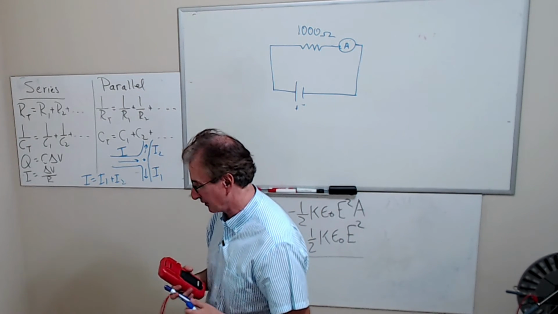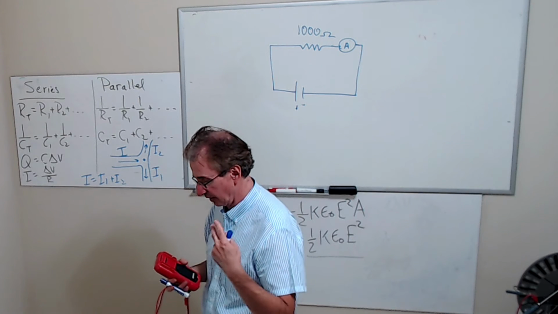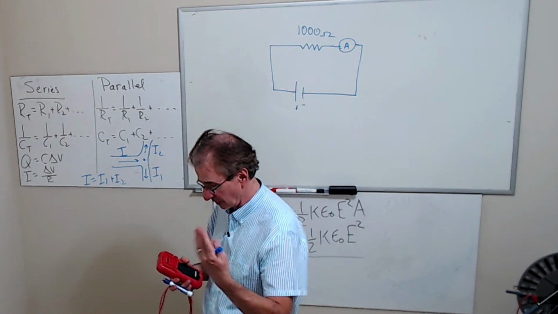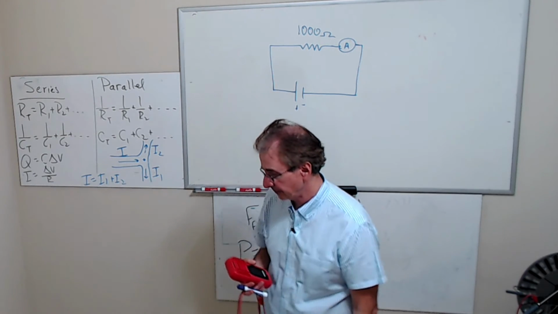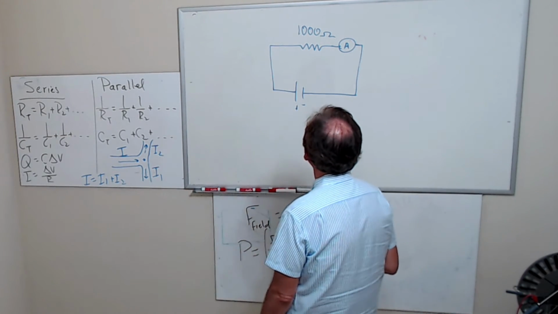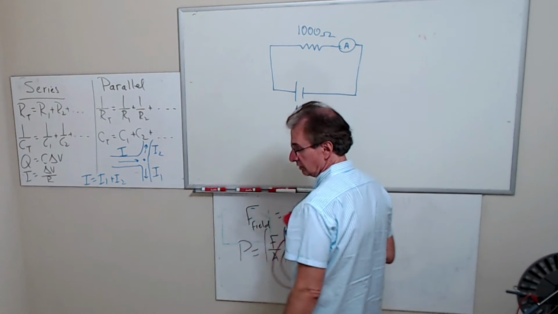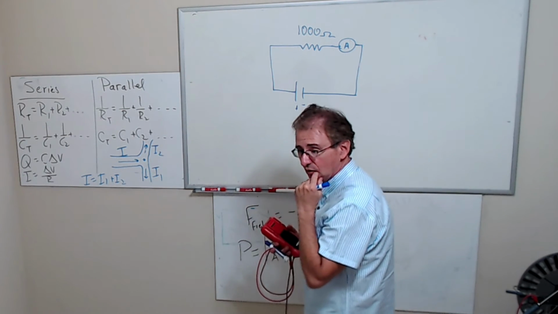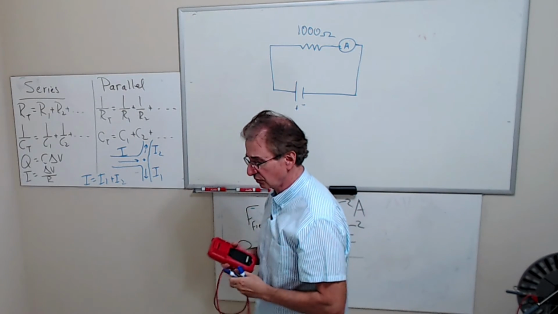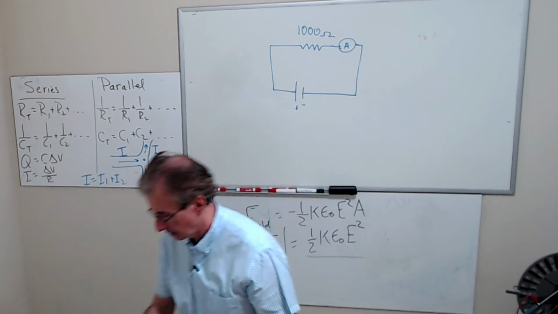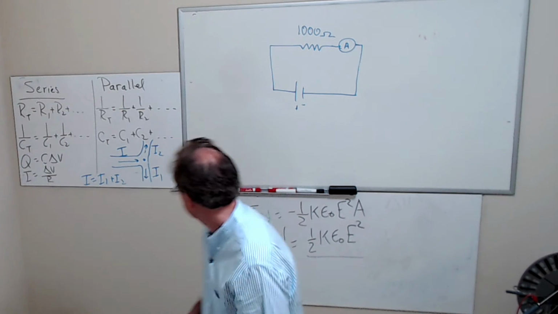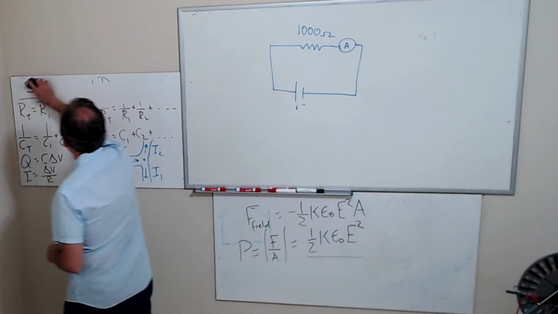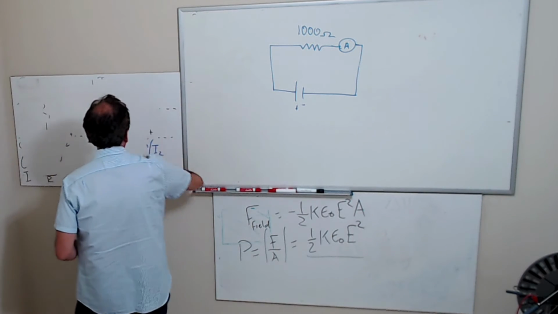Yeah, 10 amps is a lot of amps, but your air conditioner, your microwave, your refrigerator, when those things are kicked on, in the process of kicking on, they're drawing a lot of current. Okay, so this is a 1 kilo ohm resistor. You have a bunch of resistors, how do you know the resistor is 1 kilo ohm? Well, there's a color code on it. And in fact, the 1 kilo ohm resistor